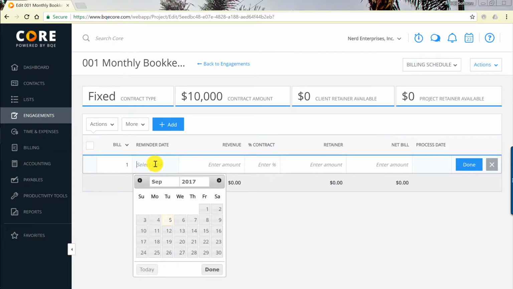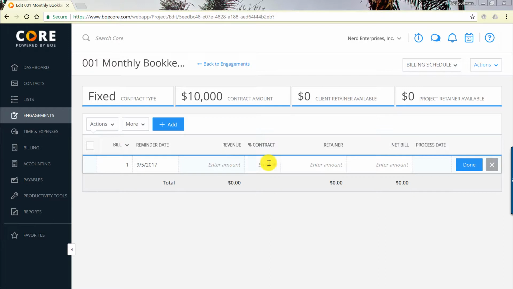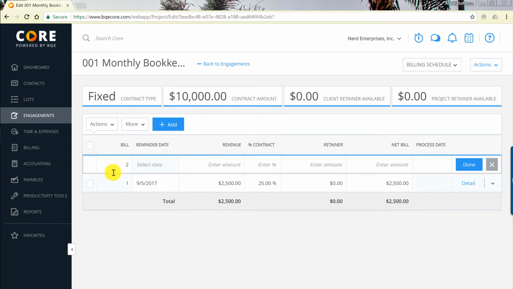So the first date would be today, the day I'm starting the contract. I'm going to say 25% of the contract, right? And of course it does the math. It knows what the contract amount is. I can say done, and then we'll add the next one. Now let's say I expect to be halfway through the contract in a month from now. So we'll say